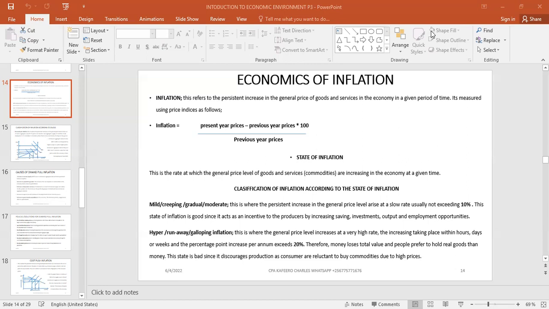given period of time. If, let's say, you want to determine the rate of inflation between, let's say, 2 years, you compare the present year or the current year price, you deduct the previous year price or the base year price, then you divide by the base year price or the previous year's price, then you multiply by 100. That's how we get the rate. When the percentage is exceeding 100, we assume that the inflation has been,